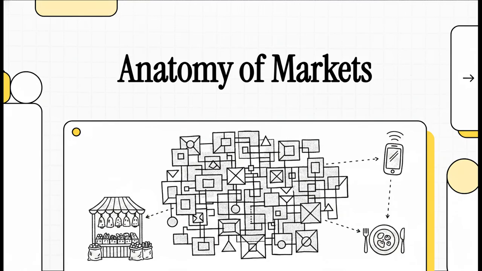Let's throw out the idea that a market is just a physical place you go to. Sure, thousands of years ago, the Latin word mercatus basically meant a spot where folks gathered to trade merchandise. But in today's hyper-connected world, that definition is way too small. We've got to look at a market as this incredible, multi-layered matrix. It's an invisible architecture governing literally everything around us, from the food on our tables to the exact device you're using right now. So in this explainer, we're going to completely deconstruct that architecture.